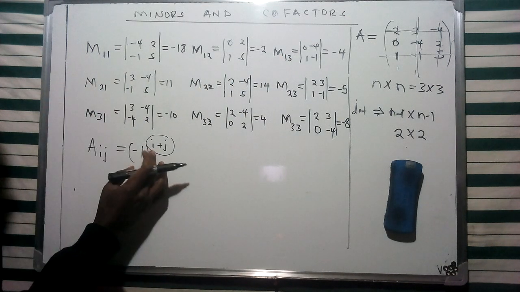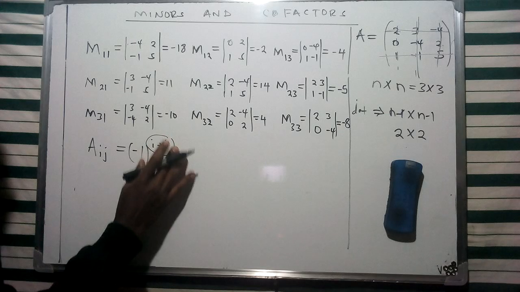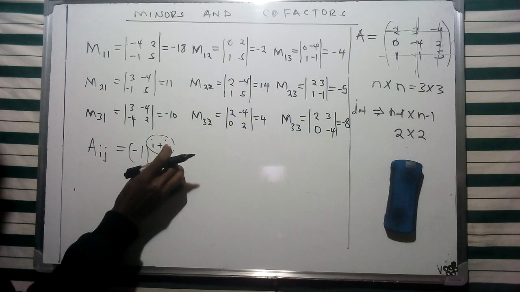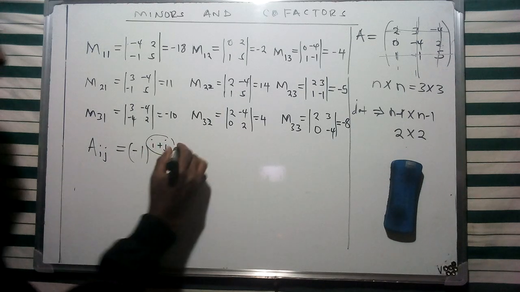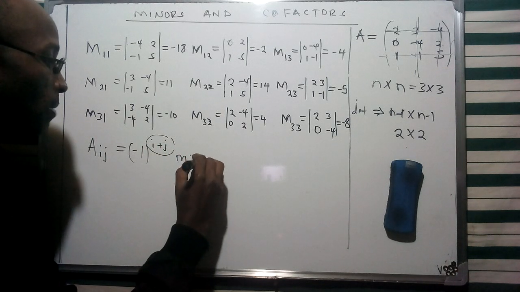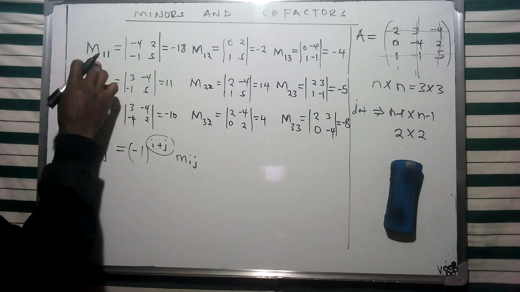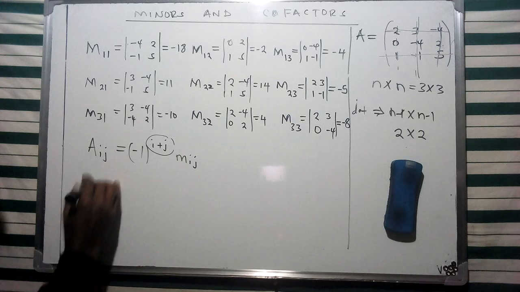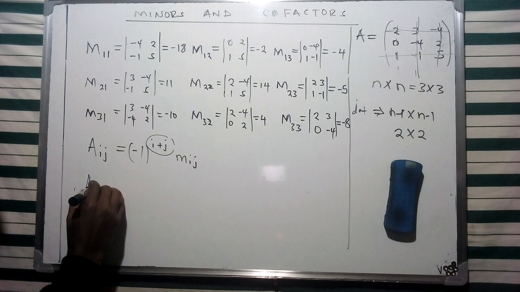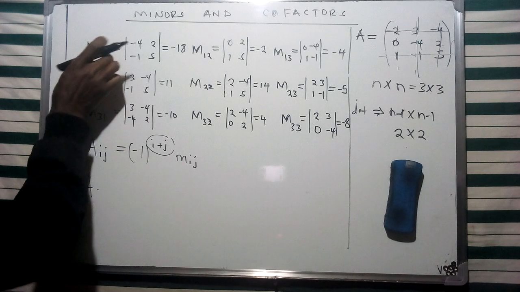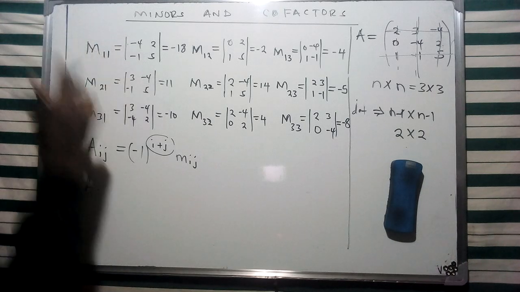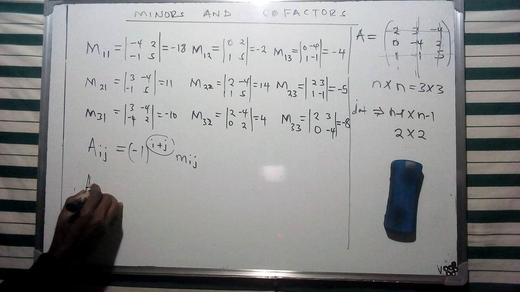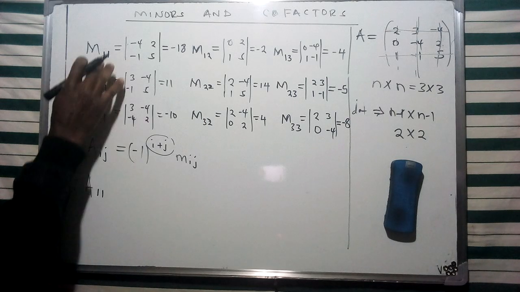So I'm going to add 1 plus 1 to obtain the value of 2, and negative 1 raised to 2 is a positive number, which is 1. Now, this positive 1 times the minor of that specific element, we can just do the first one. Therefore, if we want to find the cofactor for 1, this is the minor M11. We're going to have the specific cofactor given in terms of 1, 1,